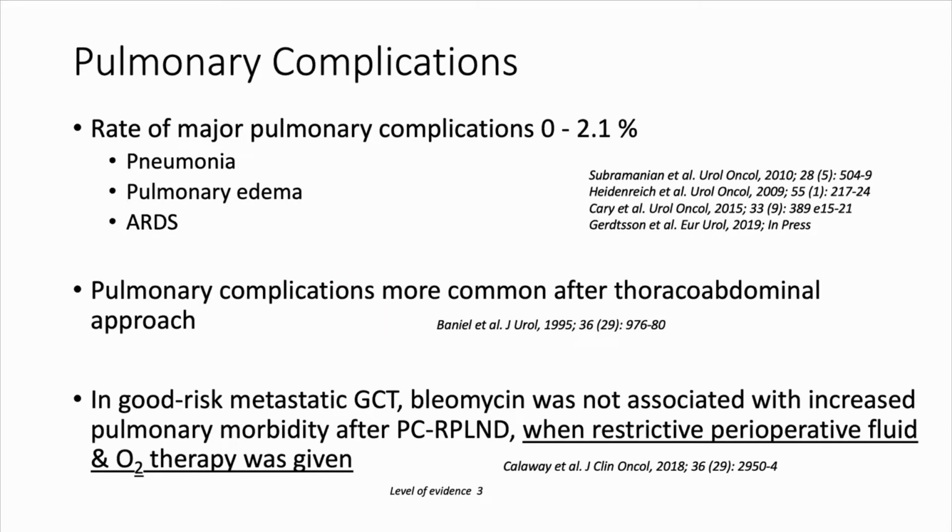Then what about pulmonary complications? As many of these patients have had bleomycin, our concern is that, as we know, bleomycin may cause pulmonary toxicity. There might be an increased amount of pulmonary complications. In the modern cohorts, however, the rate of major pulmonary complications is quite low, between 0 and 2%. Based on an earlier study, a significant risk factor for these complications is